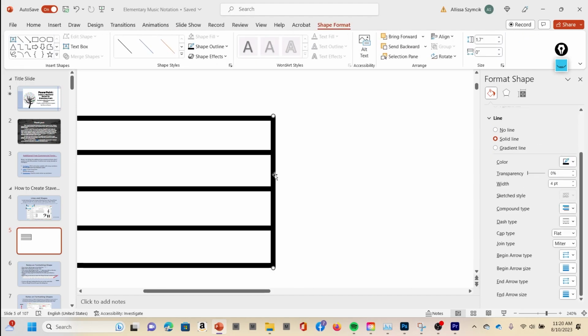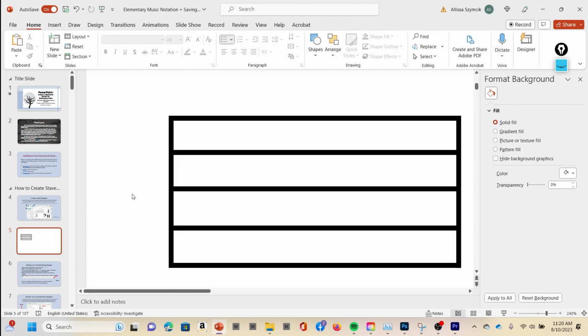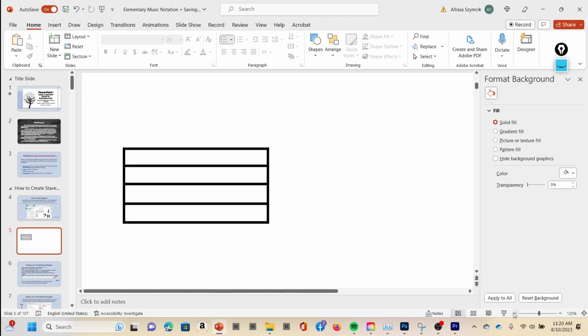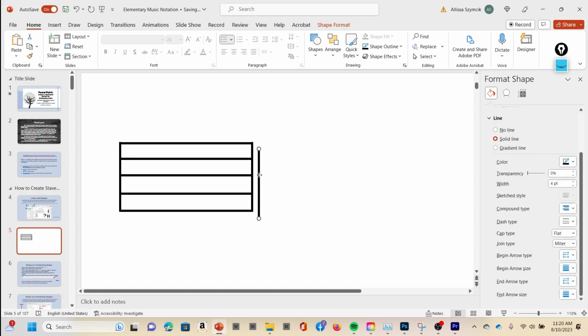Now I'm going to copy and paste this same line because I want the same exact size for the other side. Copy, paste, and now I'm just going to pull it over to the other side. And because I'm in Zoom, it fit beautifully. All right, and then I'm going to back up, and I'm going to create another bar because this time I want to create